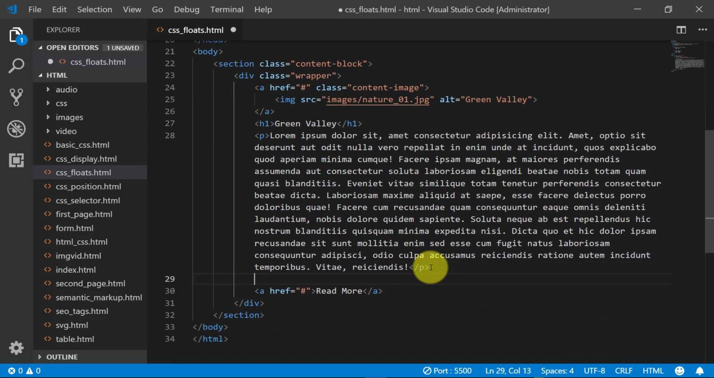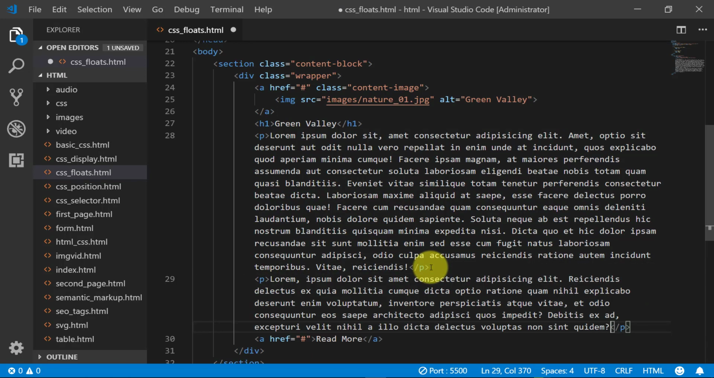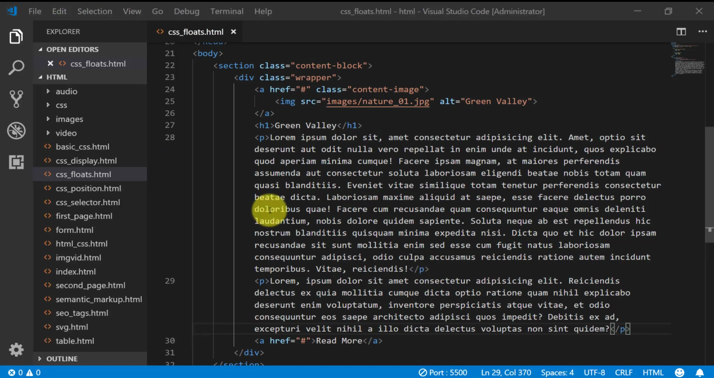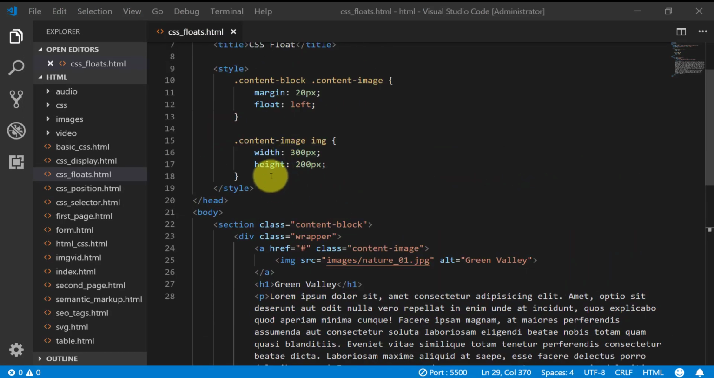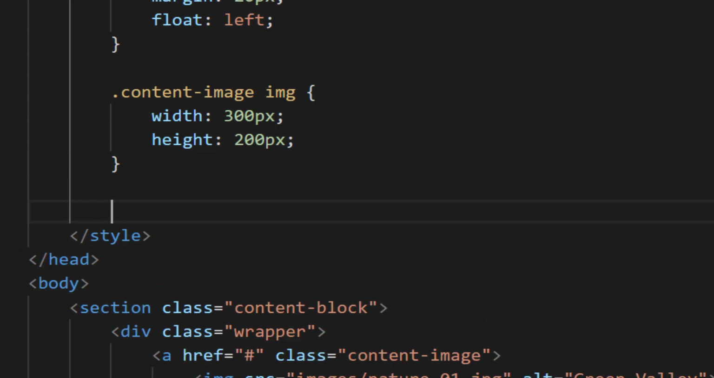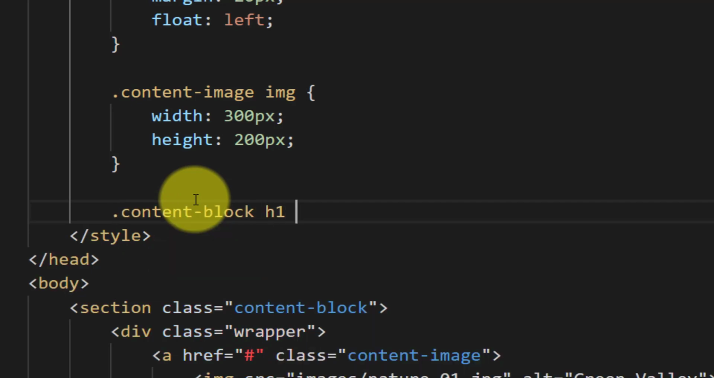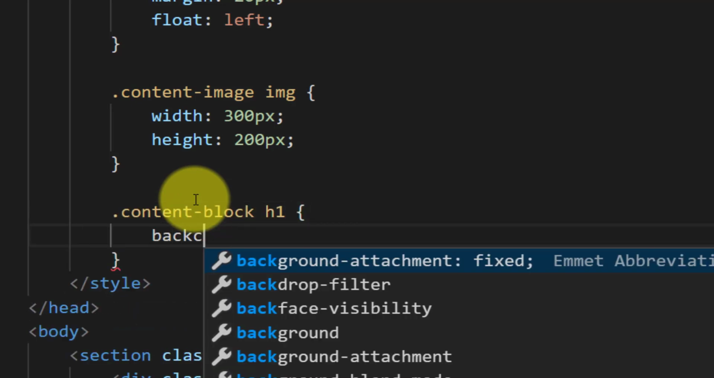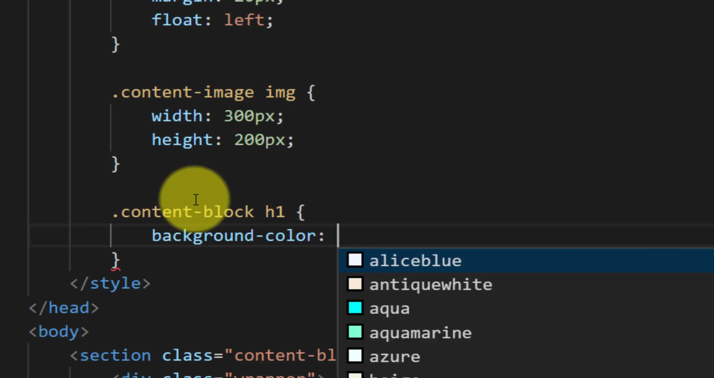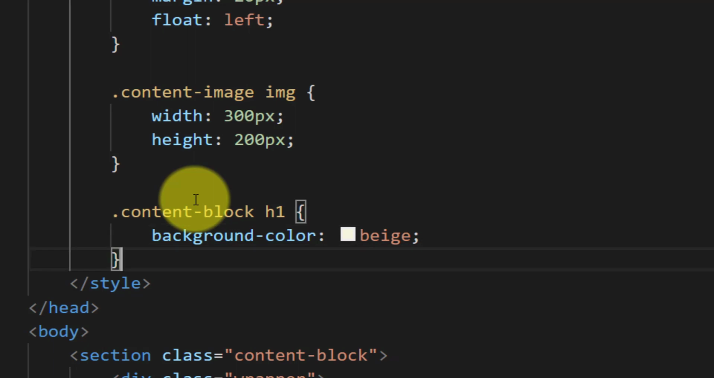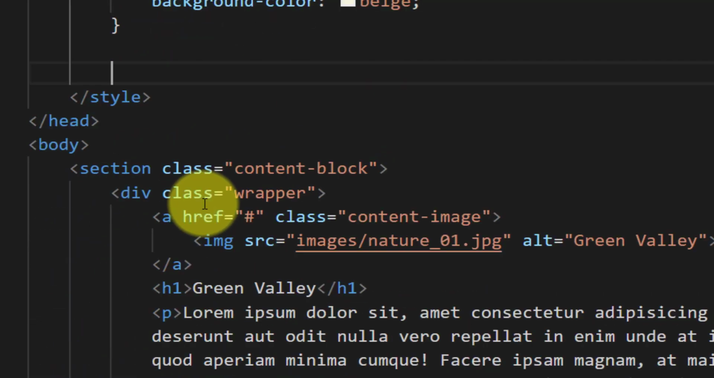Let's write one more paragraph here. And for this content block H1, let's set a background color. And for the paragraph,